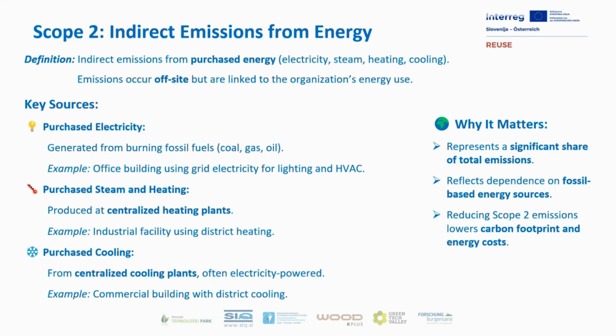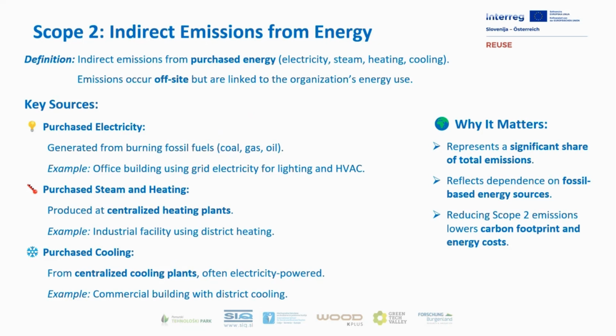For example, an office building using electricity from the grid for lighting, heating, and cooling creates Scope 2 emissions through its electricity use. Second, purchased steam and heating. These emissions come from centralized heating systems where fuels are burned at another facility and the heat is then distributed to the organization. Think of industrial sites using district heating powered by natural gas or coal. And third,